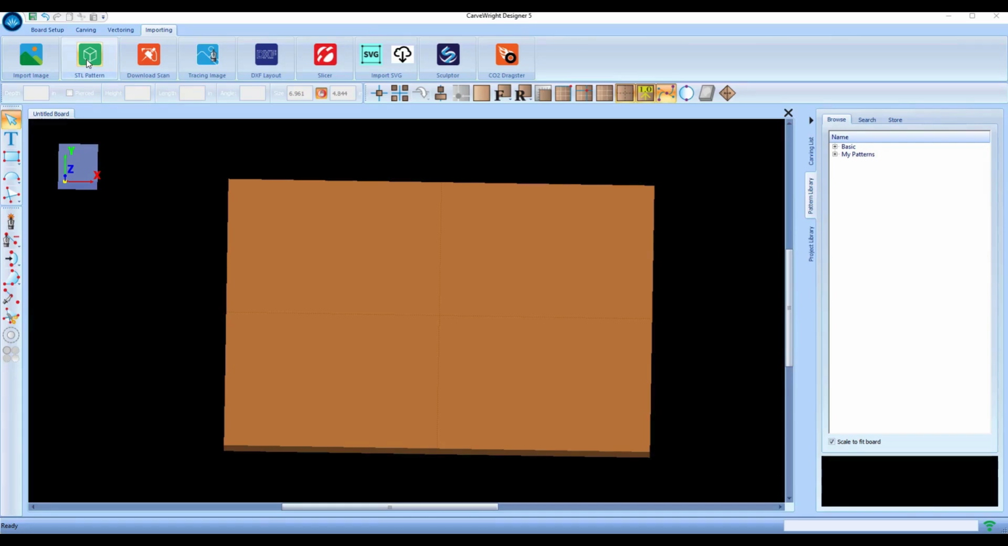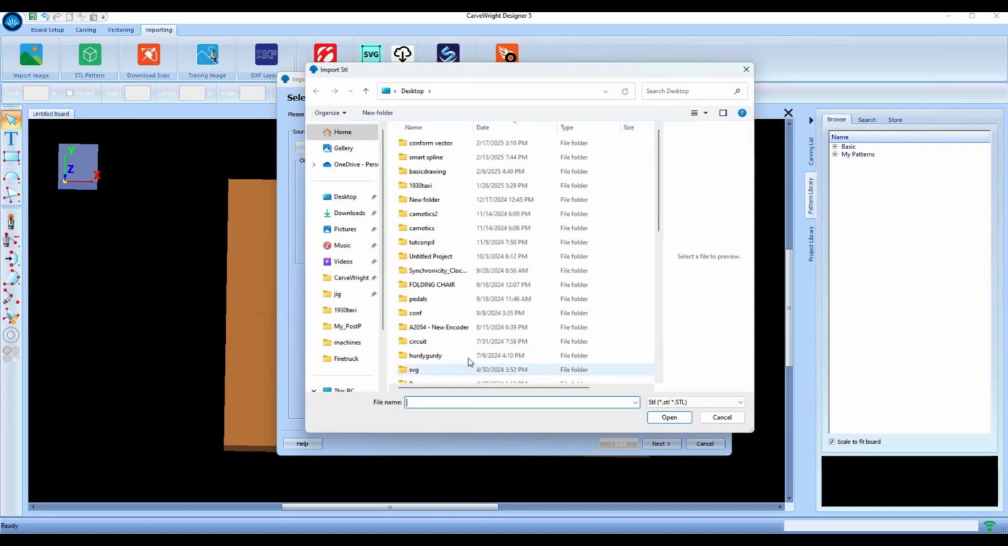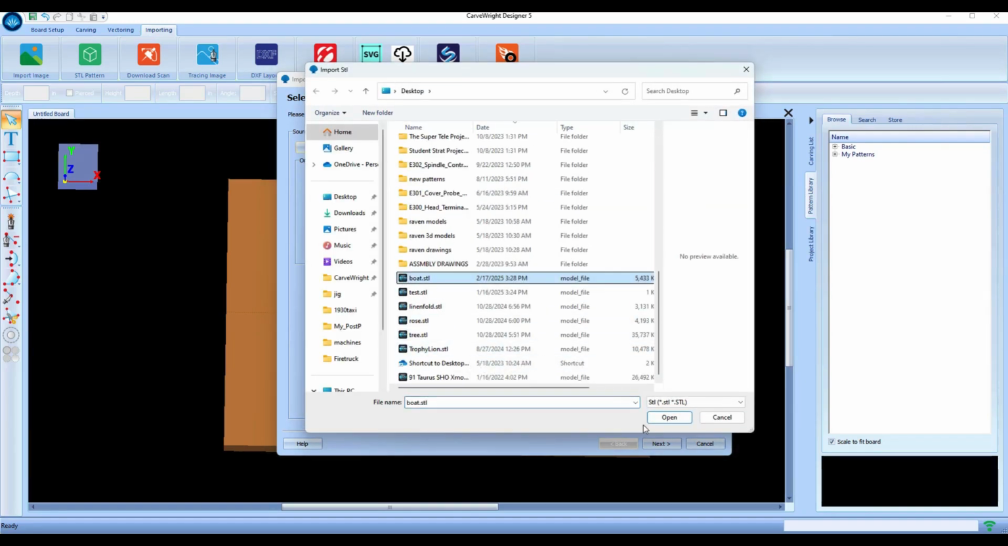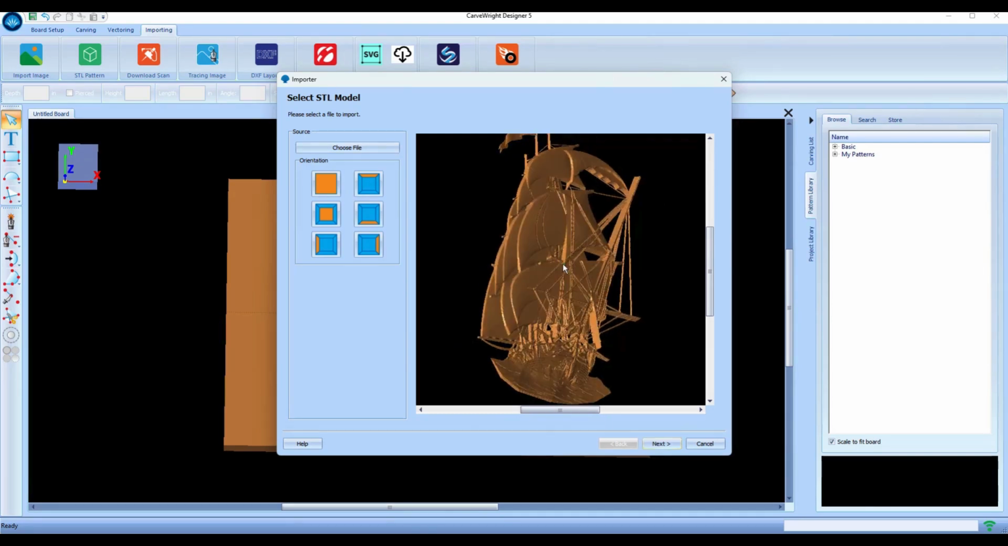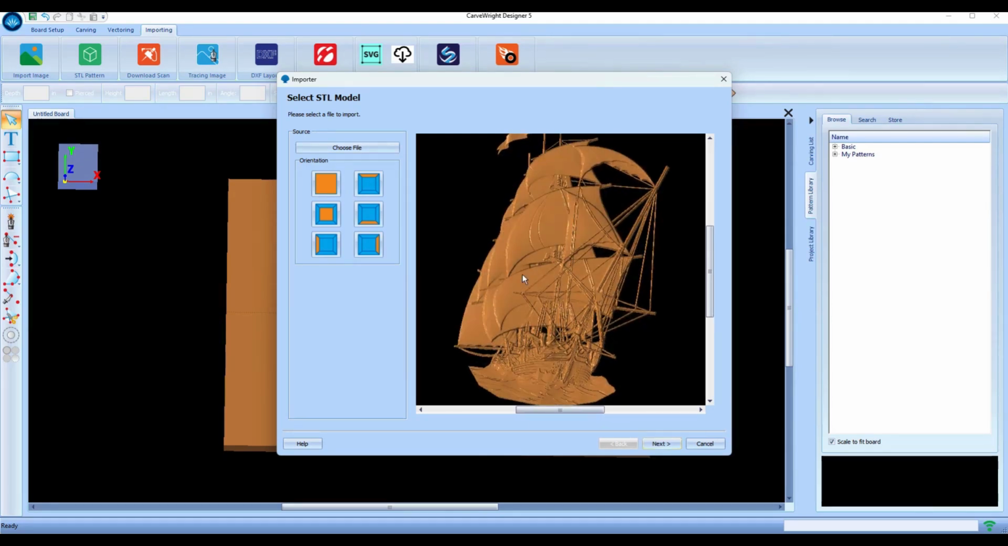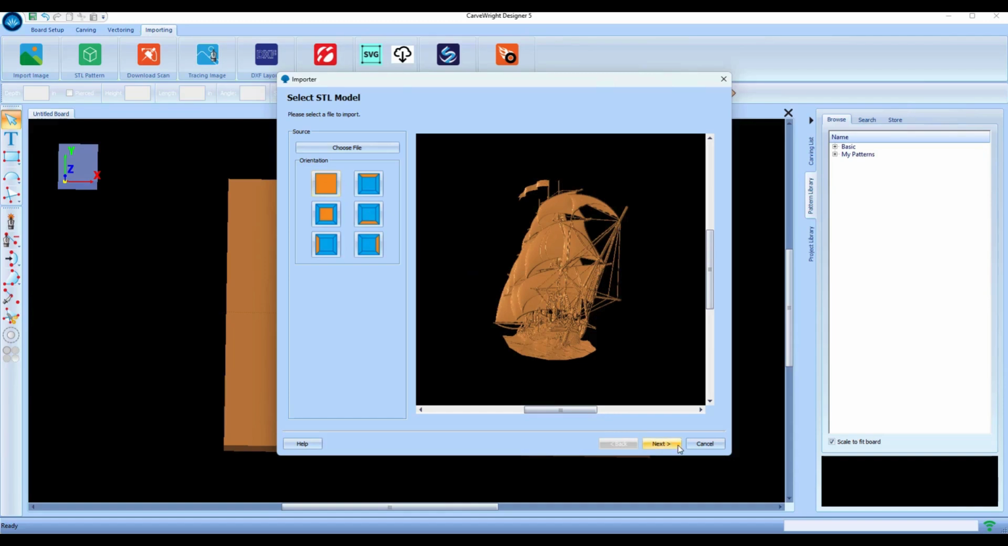The STL Pattern Importer found on the Importing tab allows you to bring in STL reliefs, essentially. You can select your file. Now, the files will generally follow the normal convention and will import in directly. Sometimes they'll be oriented differently, so you have a selector where you can select the orientation, choose the orientation that